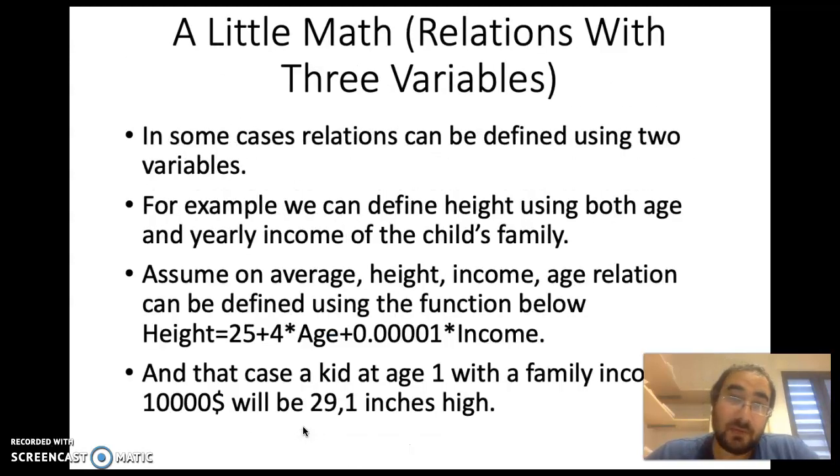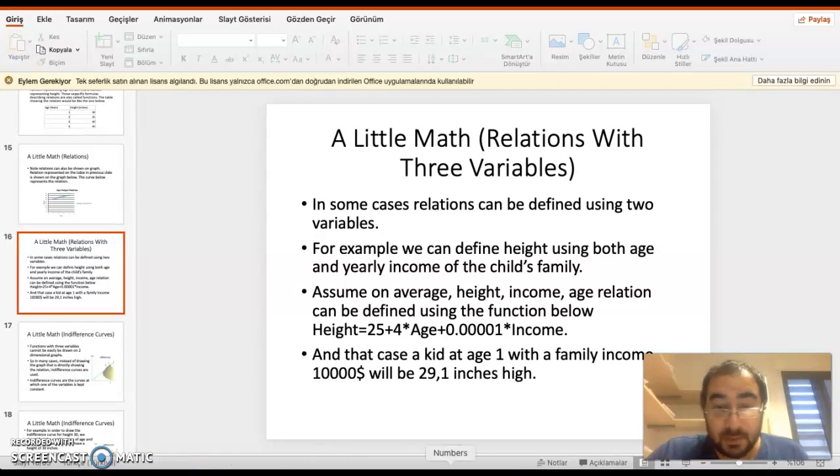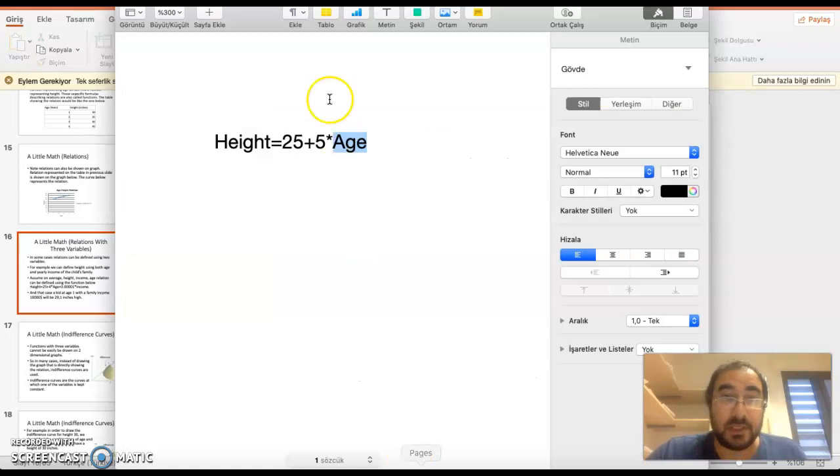So let's now go to the starting point of the indifference curves. The starting point of the indifference curves are the relations with three variables. How can we have relations with three variables? Let's go to our original relation. This is 4 times age, plus